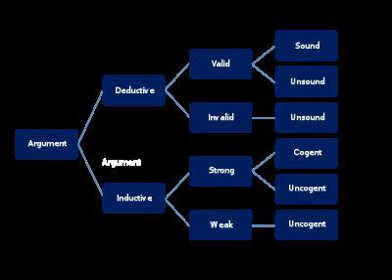How about this one? All men are mortal. Socrates is a man. Therefore, Socrates is mortal. This would also be an argument, right? 1 and 2 are the premises. 3 is the conclusion, the thing that is being argued for, and these are given in support of it, right? And if you interrogate that argument, you'll see that it is true, and it also has some other special properties as well that we're going to get into in this class.